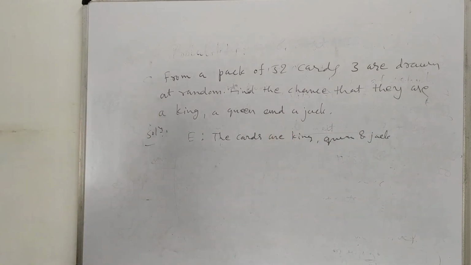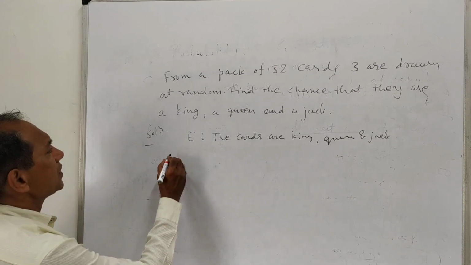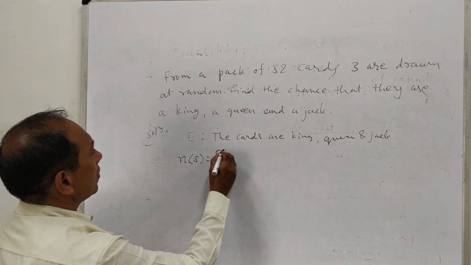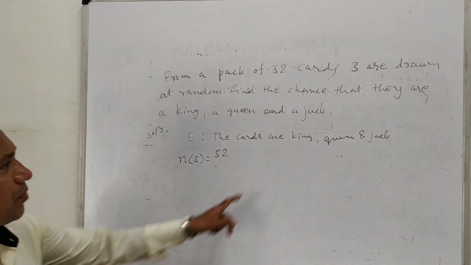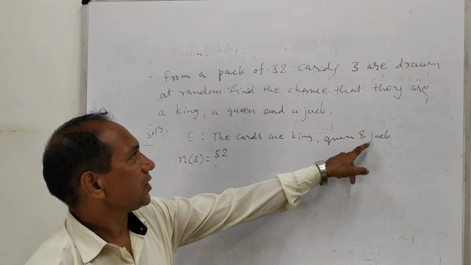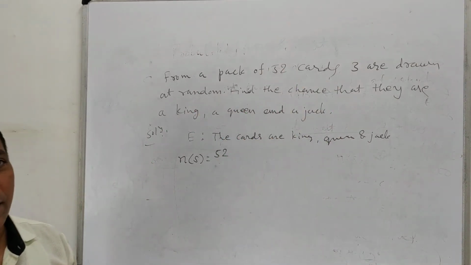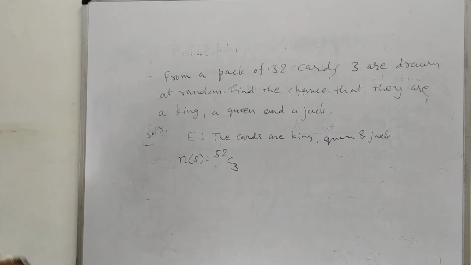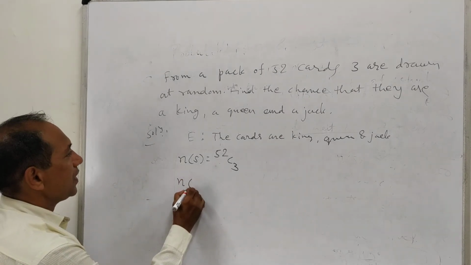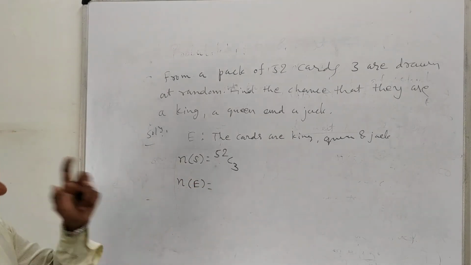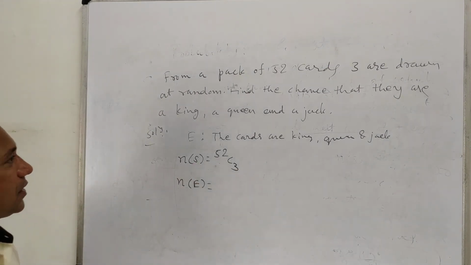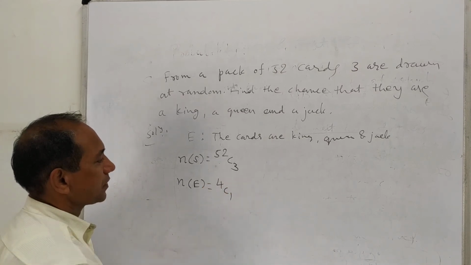This is our event. So to find out the probability, first of all we find out the number of elements in the sample space. Number of elements in the sample space means nothing but the general case. Out of this, 3 cards must be of this type, and this is our event. But in the general case, we are selecting 3 cards at random. So 52C3. Now we go for the number of elements in the event E. Given that in the event, among the 3 selected cards, one must be a king, and we know that there are 4 kings. So one king can be selected in 4C1 ways.